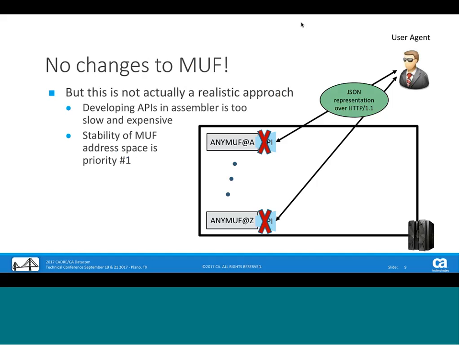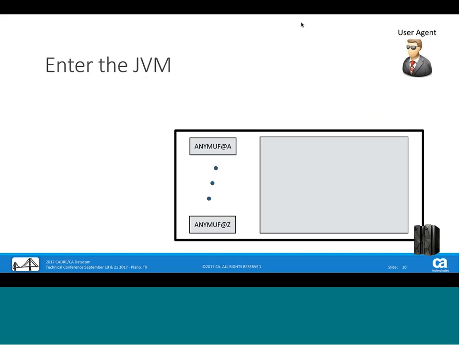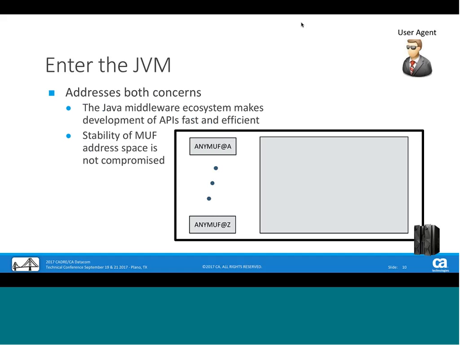And then it's not justifiable at all to risk the stability of the MUF address space. So what can we do? Well, we can use the investment that IBM has put into the JVM. They've done great work in increasing the robustness and productivity of the JVM. And it addresses both concerns because the middleware can make developing APIs fast and keeps the